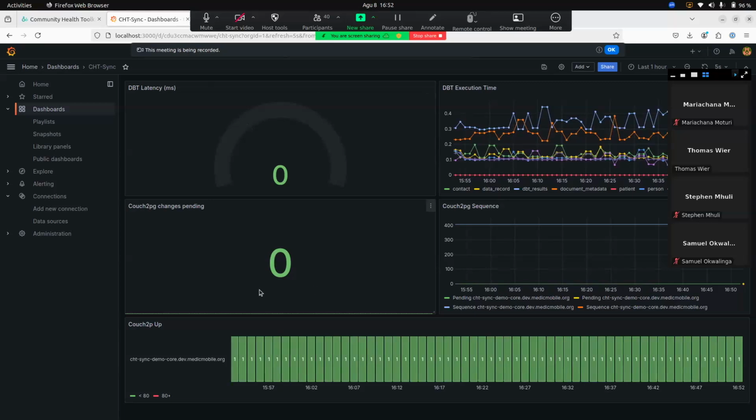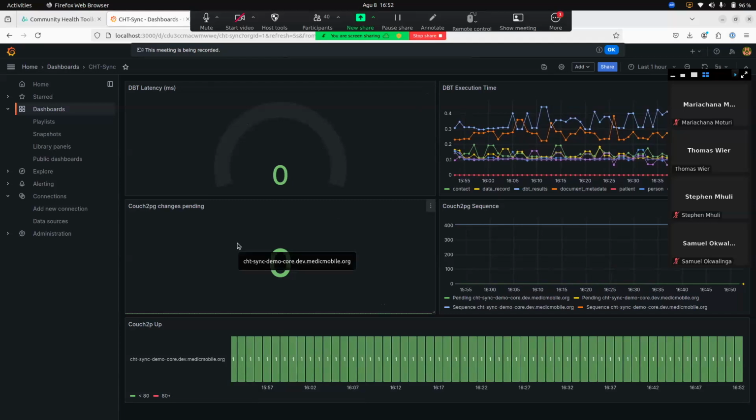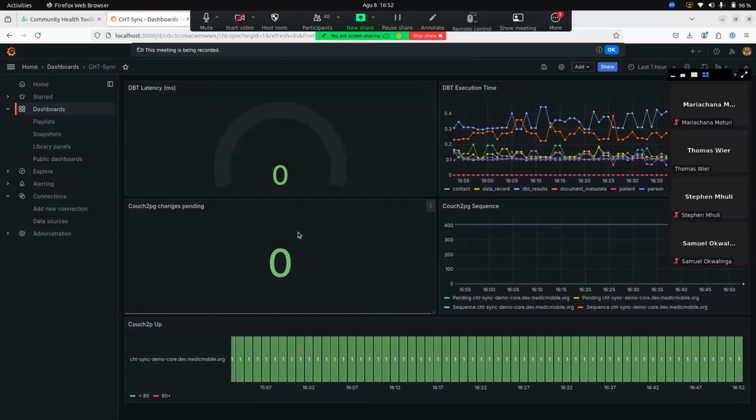So on this dashboard here, we have a lot of different metrics. The ones that we're most interested in are these 2 numbers at the top left, which are a summary of how up-to-date the data in Postgres is with the data in Couch. So this lower thing here, Couch2PG changes pending, shows how many changes are pending from Couch to Postgres, and DBT